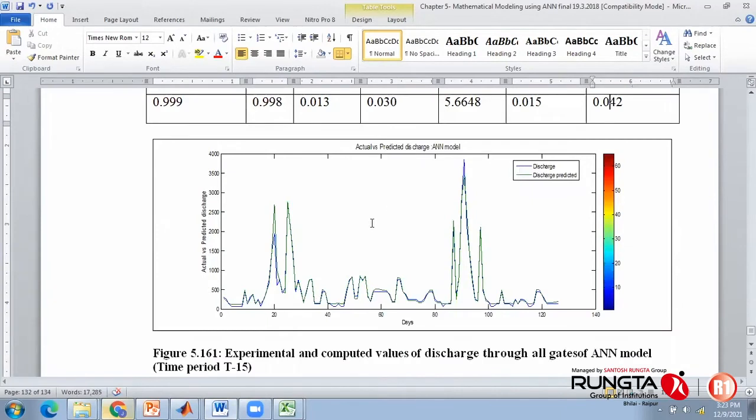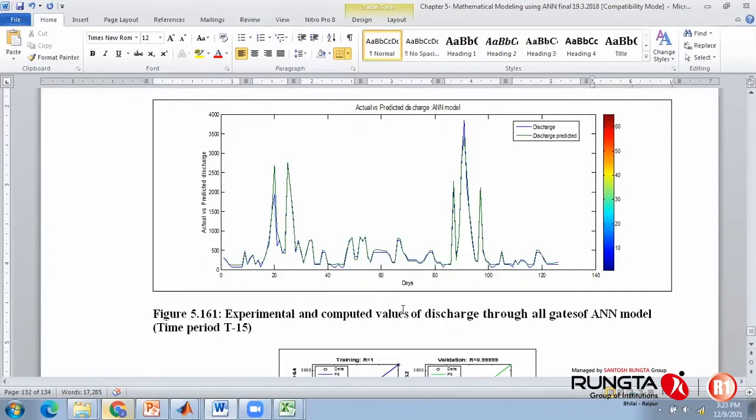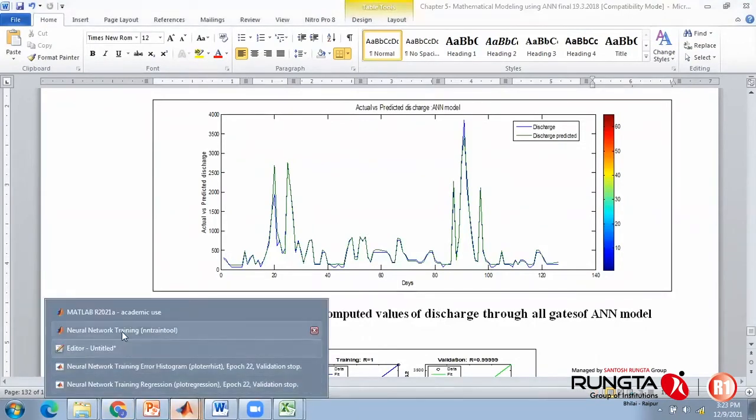And you can plot this graph between actual value and predicted value to check the associativity. If R is on a higher side, if it is 0.96, that means between these two lines there will be very small difference, they will superimpose on each other. If there is a difference, say 0.5, then you will find different lines. So again, usually in a research paper or research thesis, we provide this information. Okay.